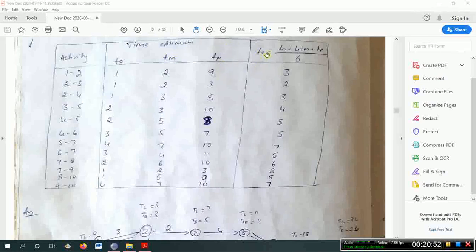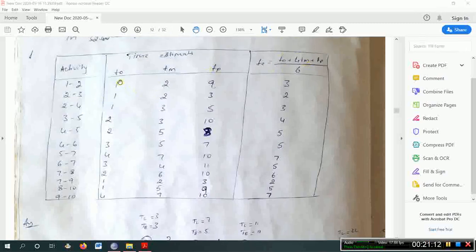So while implementing this formula, be careful, that TO will be the lesser value, most likely will be lesser than pessimistic. So like that, whatever the order they may give in the question, first you check that and then you have to implement that in the formula.